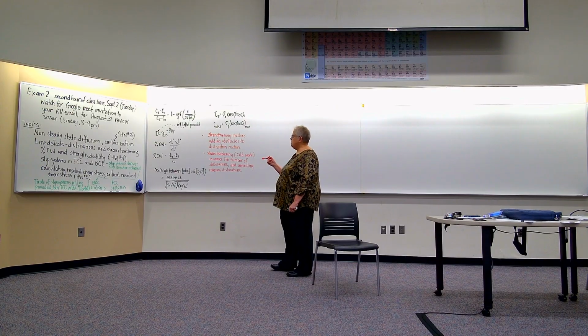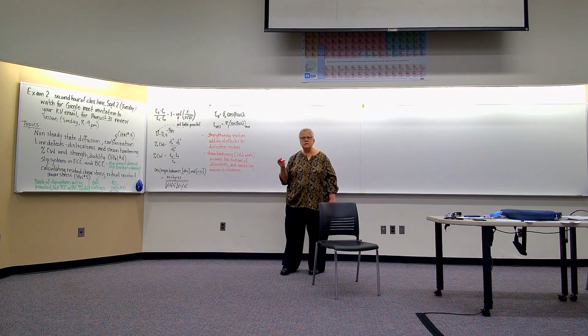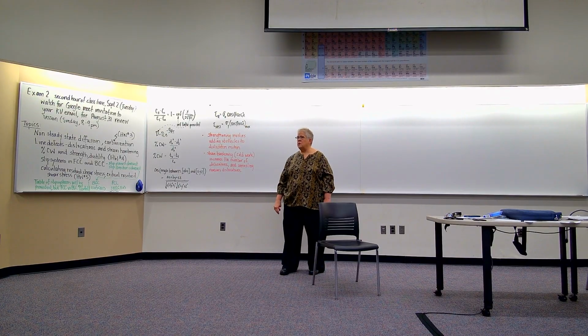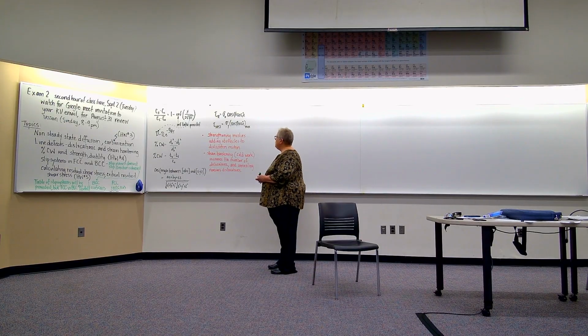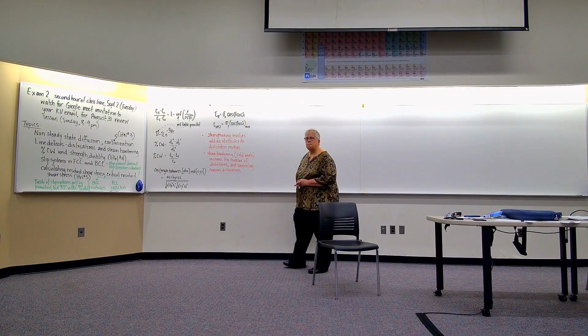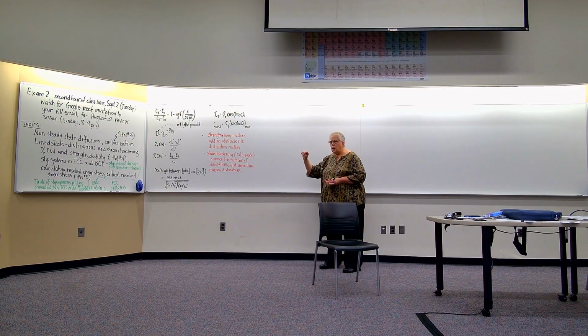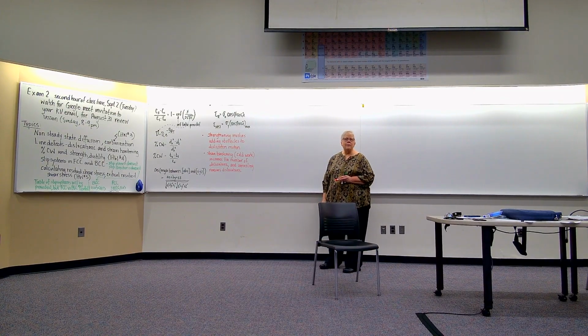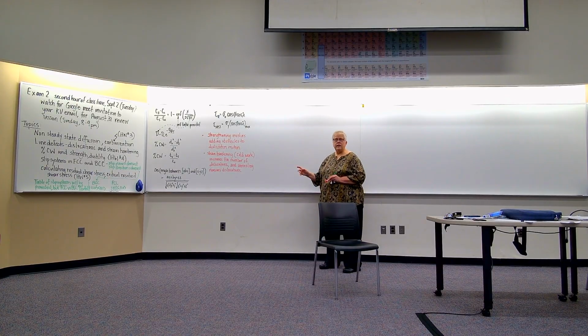Now, you don't see on there identifying primary and secondary subsystems. That's because you have to identify a primary subsystem in order to know what the critical resolved shear stress is. And you have to identify the secondary subsystems in order to know how to calculate the stress on the secondary subsystems. So I'm not going to ask you to write out all of the different primary and secondary subsystems. You'll just need to know what cosine phi, cosine lambda is for each of them.